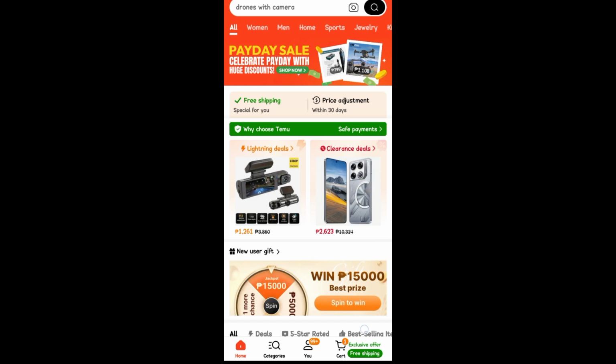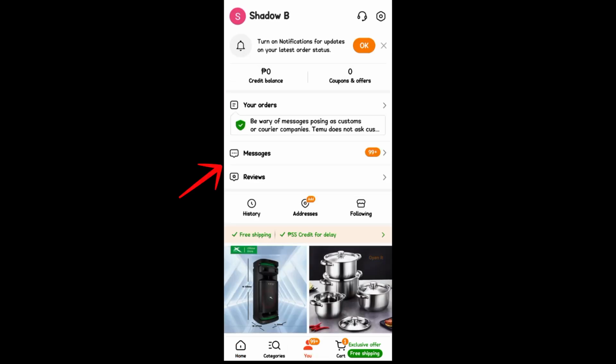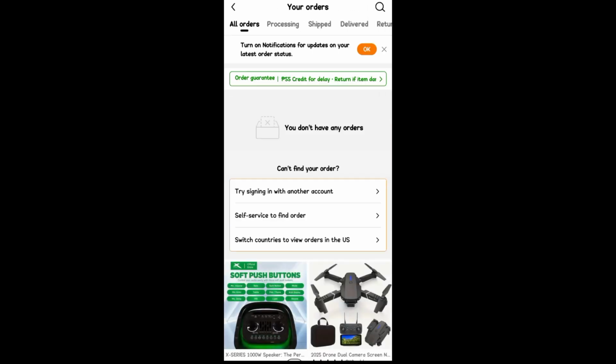So basically what you're going to do here is open your Temu, and then locate that specific order, or go to your orders and find the item order related to the seller you want to contact. Now tap the specific order to open the order details, and then here you can contact the seller